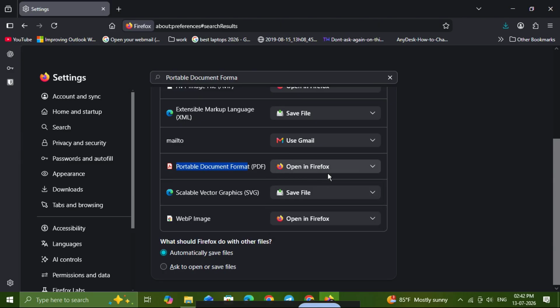This is especially useful if you use Yahoo Mail often and want a smoother workflow when handling attachments. It also helps avoid confusion if your computer has multiple PDF apps installed and you want everything to open consistently in Firefox. If the PDF still doesn't open the way you expect, double-check that the action is set to open in Firefox and not save file or use other application. Also, make sure you're using the updated version of Firefox, since browser updates can sometimes affect how file handling options